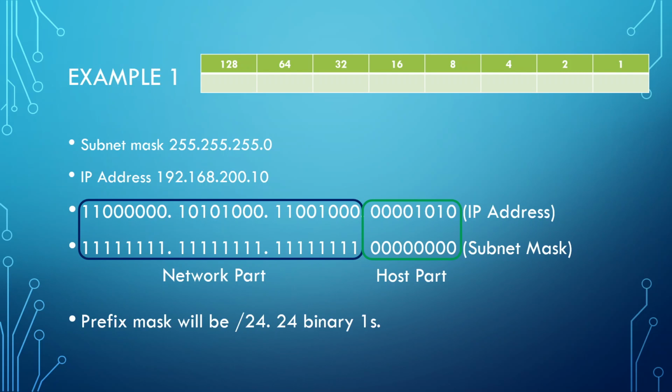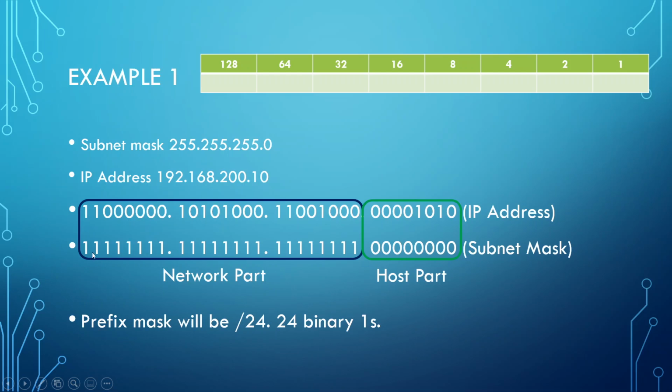And so let's have a look at some examples of this. As an example, imagine that we have assigned the IP address 192.168.200.10 to our host within our network, and we've given it the subnet mask 255.255.255.0. Now, breaking this down into binary, this is the binary equivalent of the subnet mask. This is the binary of the IP address. This is the binary equivalent of the subnet mask. Now, as you can see,